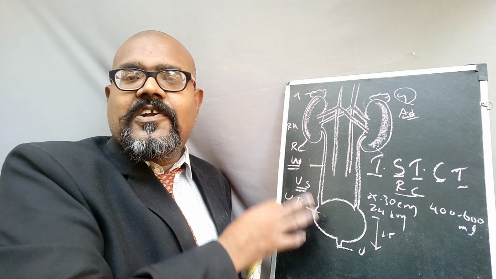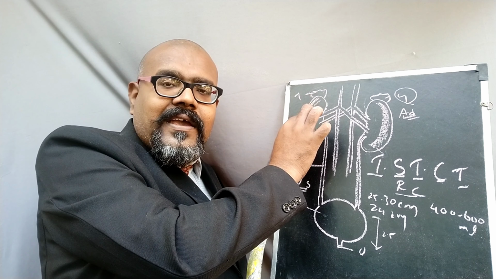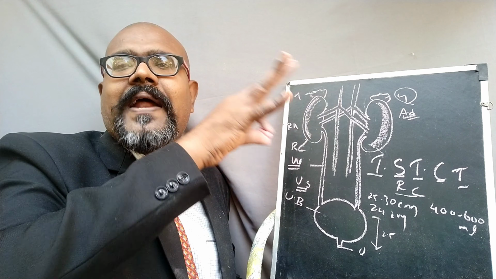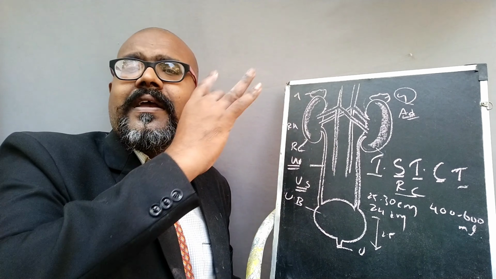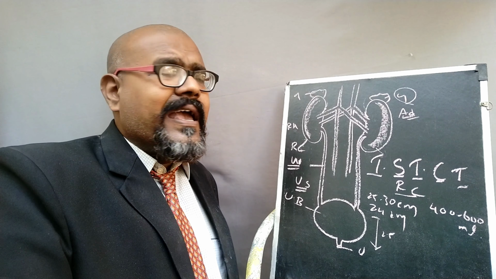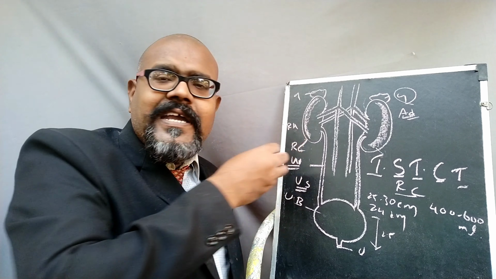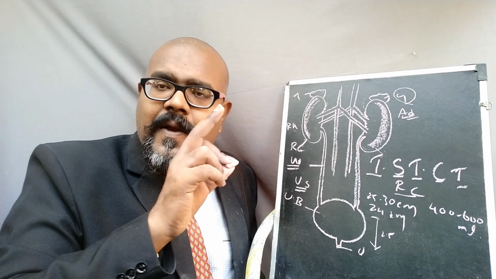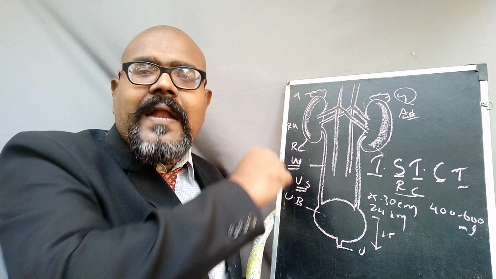Then come to the renal artery and the renal vein. The renal artery enters the kidney and, inside the kidney, is divided into so many sub branches. Those arteries supply pure oxygen to each and every part of the kidney. On the other hand, the veins are also divided into so many sub branches that receive the deoxygenated blood from the kidney, because the kidney is also made up of so many cells.